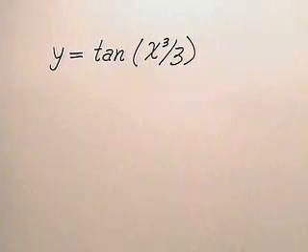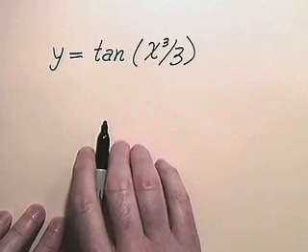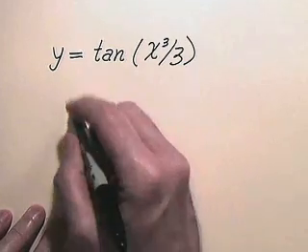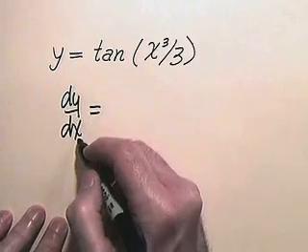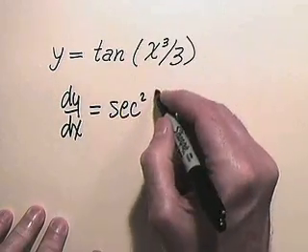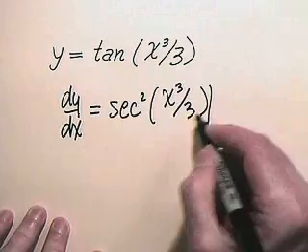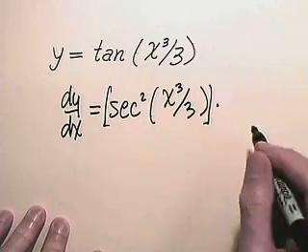Now let's compute a differential of a function and compare it to a linearization. Here I have the function y equals tangent of x cubed over 3, and I want to find the differential of this. And so remember, all we do is differentiate and then multiply out the dx. So if I differentiate using the Leibniz notation, I have dy dx equals, and we use the chain rule, derivative of tangent is secant squared of the quantity x cubed over 3, and then we multiply everything here by the derivative of what's inside the parenthesis. Well, that's 3x squared over 3,